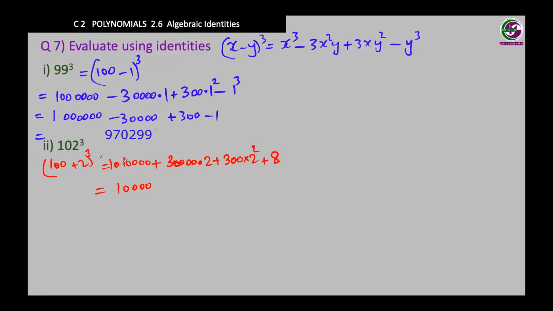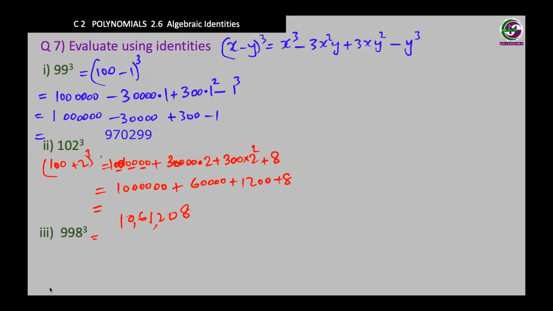We have 1, 2, 3 plus 60,000 plus 4 times 3 is 1200 plus 8, which will give you 1061208. Let's see the next question, which is 1000